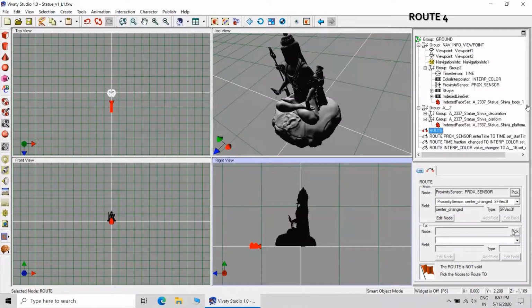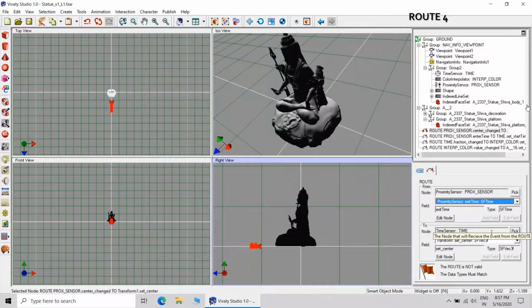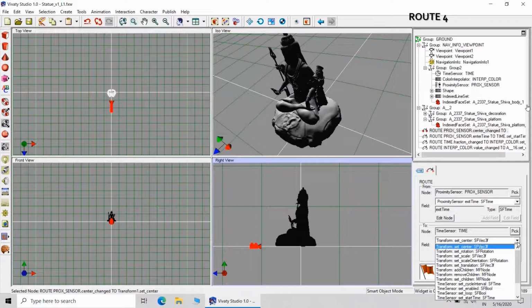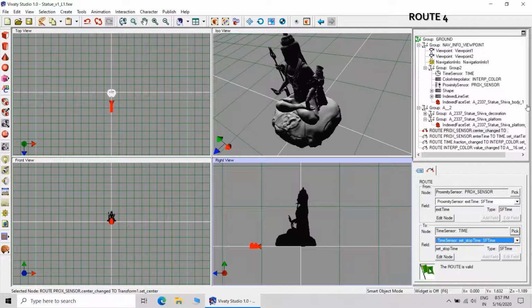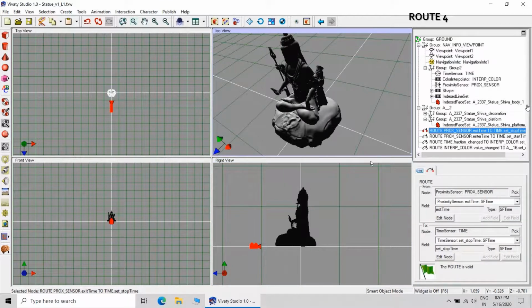Now this is from proximity sensor to the time sensor. Exit time, set stop time. So that completes the creation of the roots. We have created 4 roots. That completes the creation of the roots.